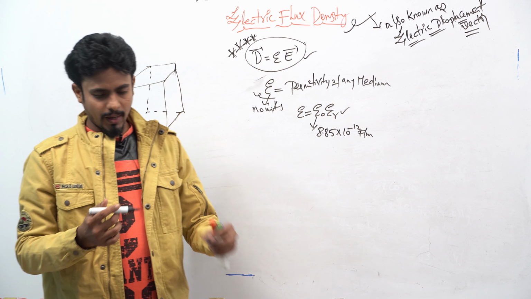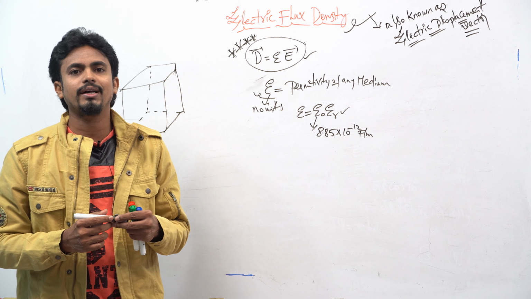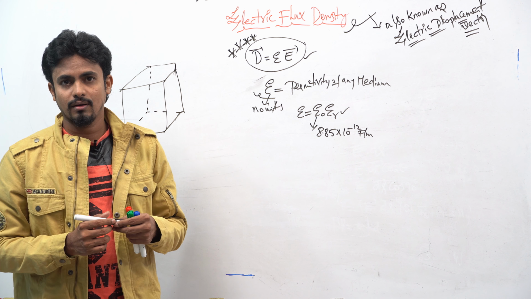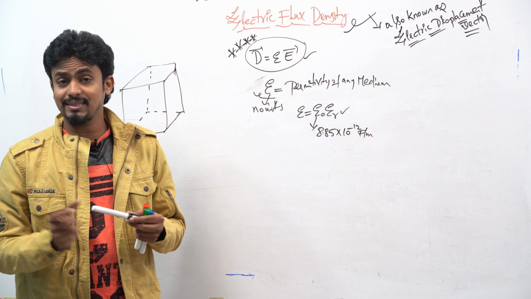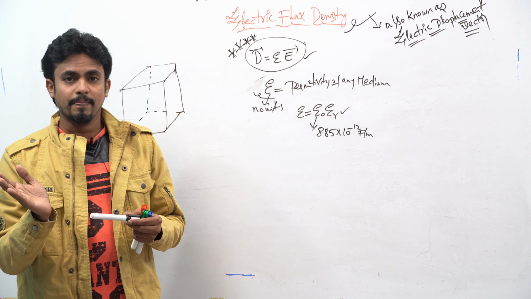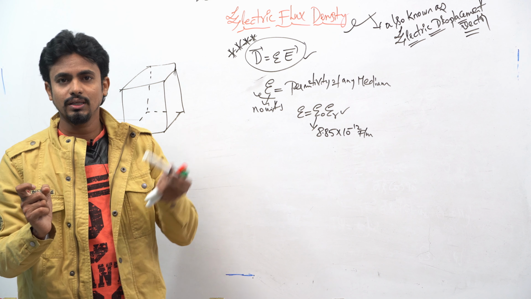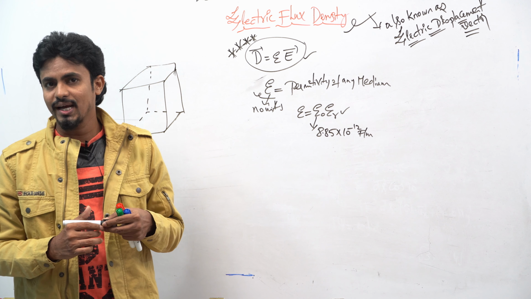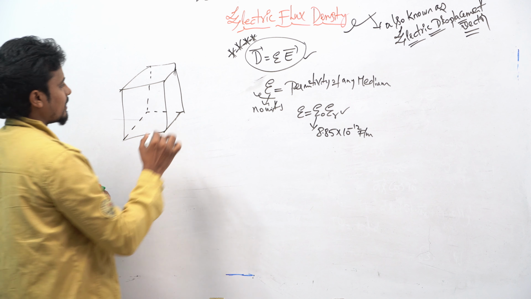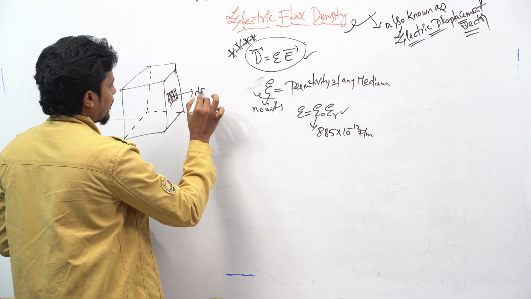Here for this cube, I just want to find my differential surface. How can you find the differential surface? You can't find the entire surface at once. That's why you have to take some certain part and do some analysis. Whatever answer you get, you then apply integration, and you will get the total surface. For example, if I want to find this differential surface, what will happen?